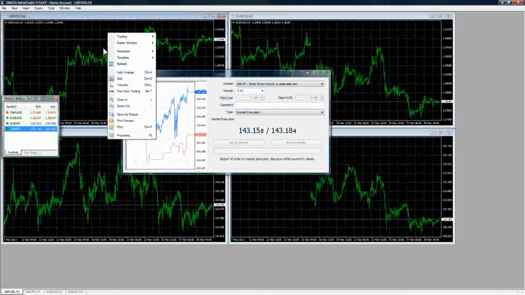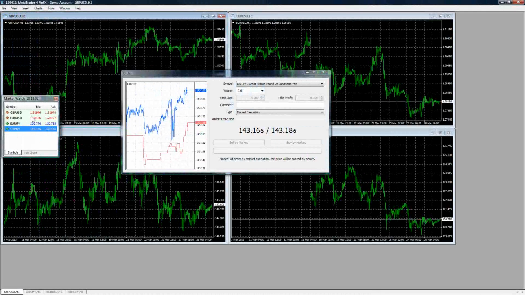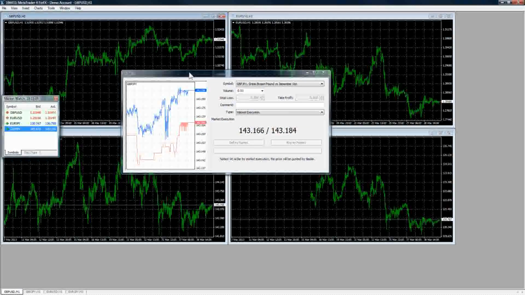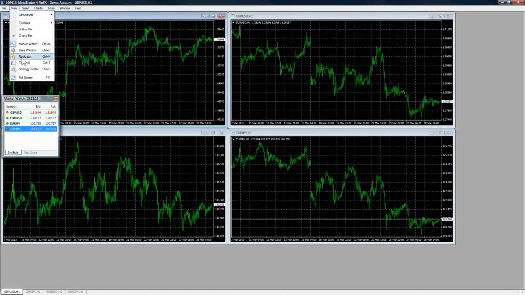You can go trading. You can also do New Order, F9 if you're a hotkey person. So there's a lot of different ways to do things, and that's the first thing I'd say: anything that I'm going to be showing is probably something that I prefer or what I think might make sense or might be the more likely approach used. But we'll go ahead and open things back up here.